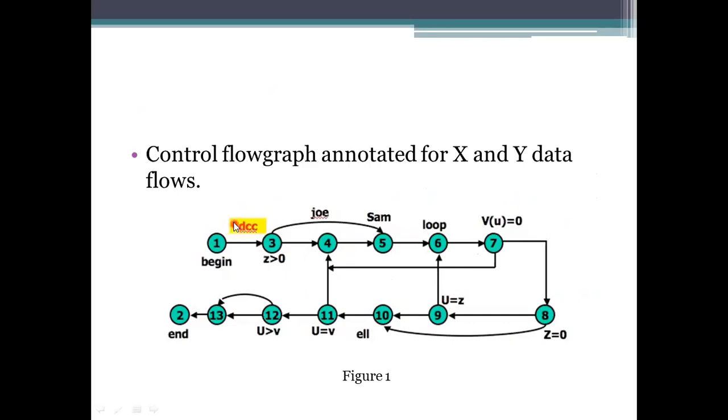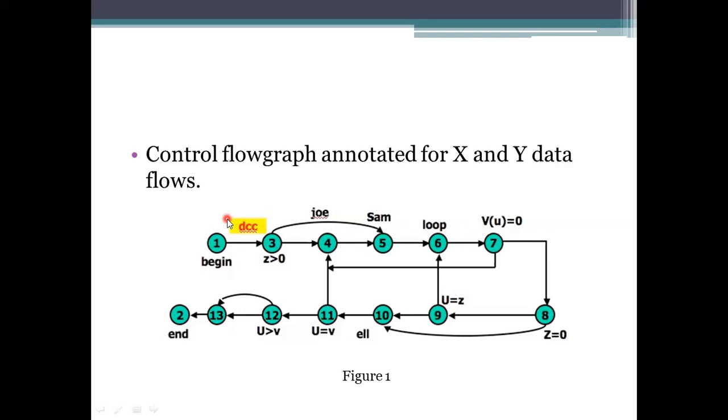In the program, input X comma Y has been given, and I used the variables Z equals X plus Y, V equals X minus Y. Like that I chose 2 other variables to take the input values to be substituted. In this, if I take the path 1 and 3, it is a definition clear path. How is it a definition clear path? At the starting of the path, I defined the variables, but I didn't redefine them in that path.